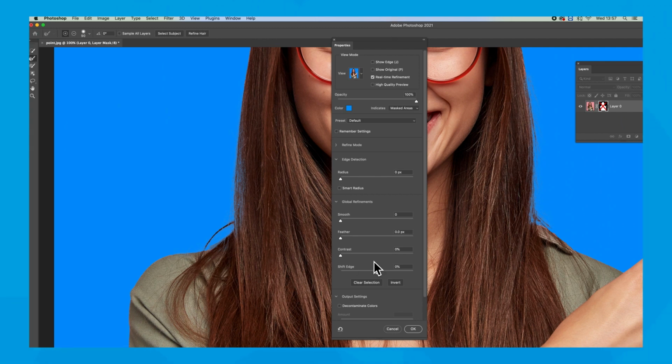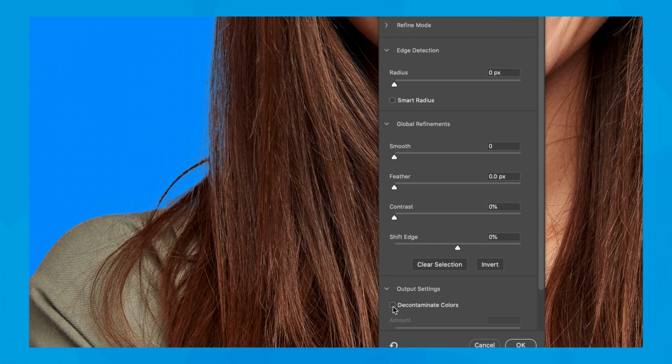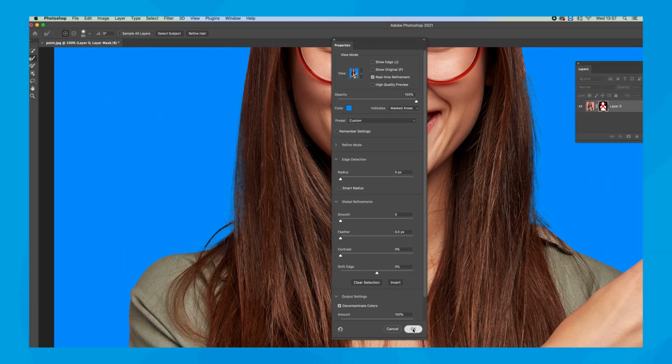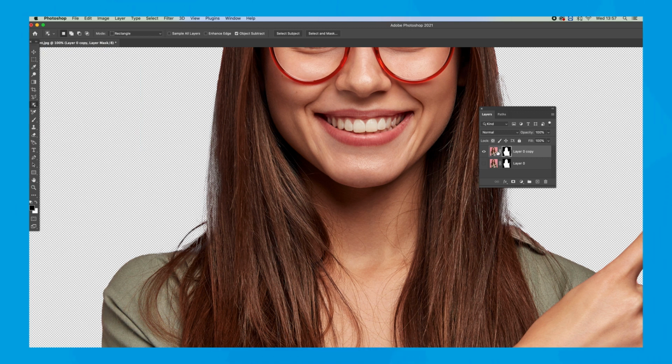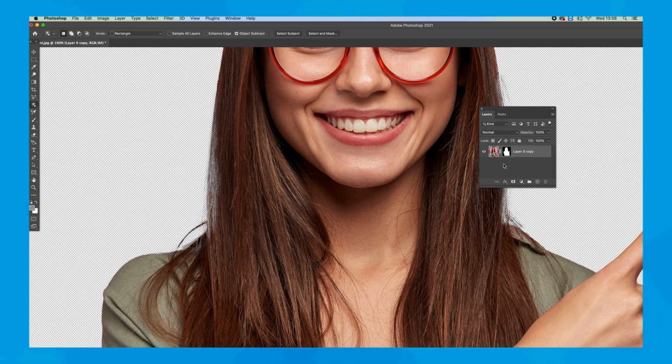And then you've got another option as well, which is really handy, seems to solve a lot of problems. If you just tick this decontaminate colours box, it makes an even better job of the mask. And I'll carry on, and I'll just go around the edges and make sure I'm happy with everything, but I'll just show you if I OK that now, and it'll bring up a new layer here. That's your new mask, and it's basically duplicated the old layer but updated it with your new layer that you've just created. So usually at this point I just delete that old one to avoid any confusion. And yeah, that's how you make a layer mask.